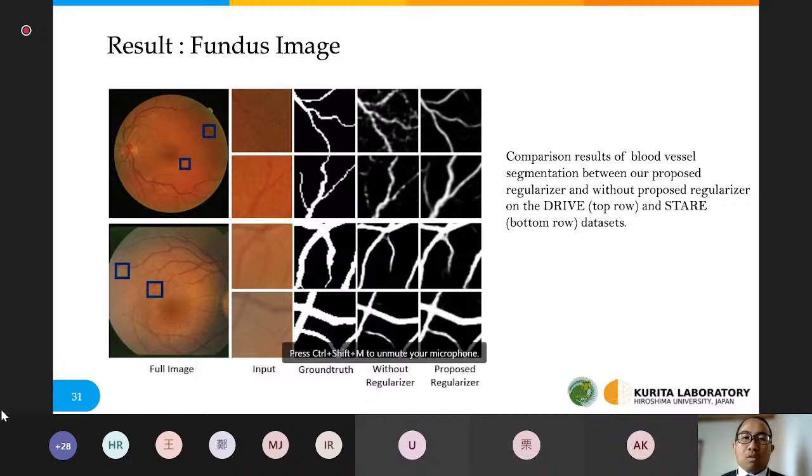So we can see without our proposed regularizer, the result missed a lot of small or thin vessels. But with our proposed regularizer, the small vessels can be detected very well.